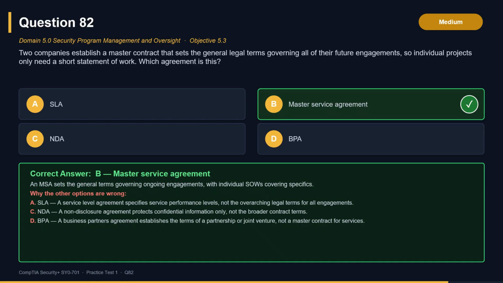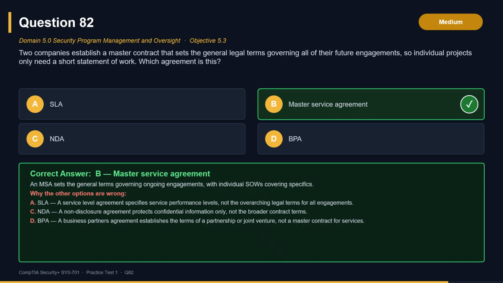Now, why the other options are wrong? SLA is incorrect. A service level agreement specifies service performance levels, not the overarching legal terms for all engagements. NDA is incorrect. A non-disclosure agreement protects confidential information only, not the broader contract terms. BPA is incorrect. A business partners agreement establishes the terms of a partnership or joint venture, not a master contract